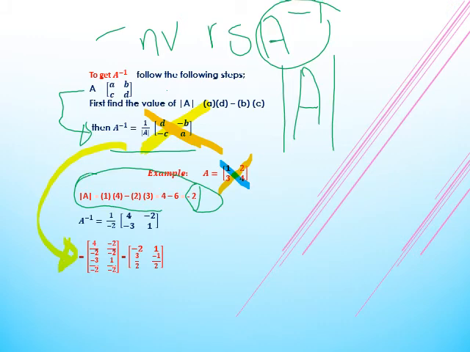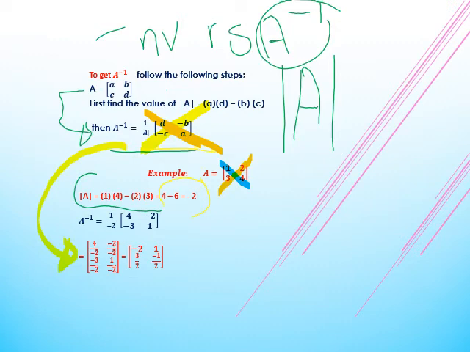Okay, let's move again to the example to apply this rule. Here, A inverse will be equal to 1 over the determinant of A, which we got from the first step, which is equal to negative 2. So 1 over the determinant of A will equal 1 over negative 2. And applying this rule, we will get